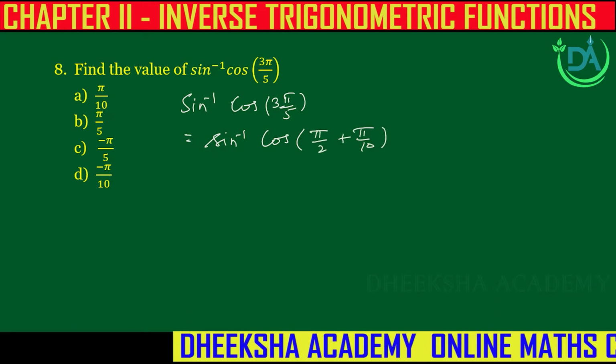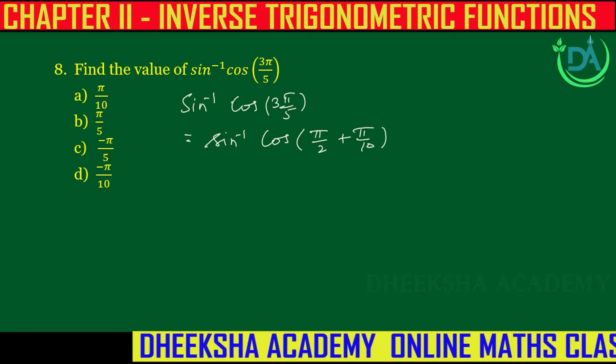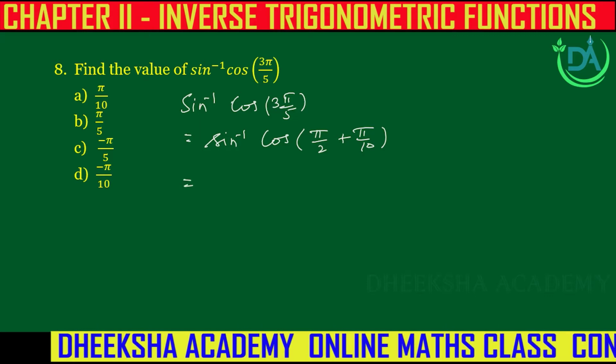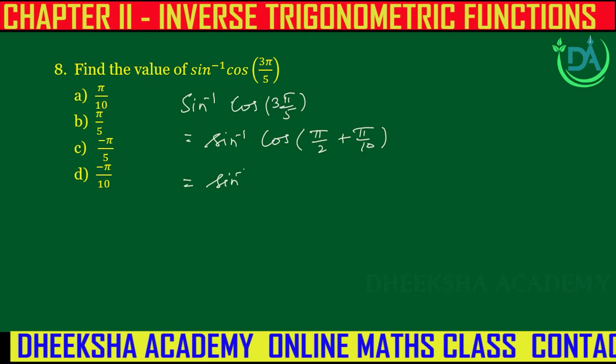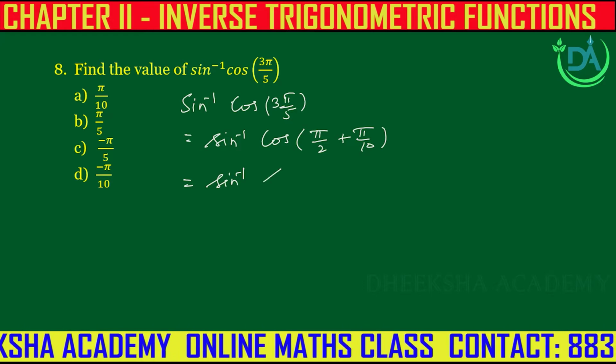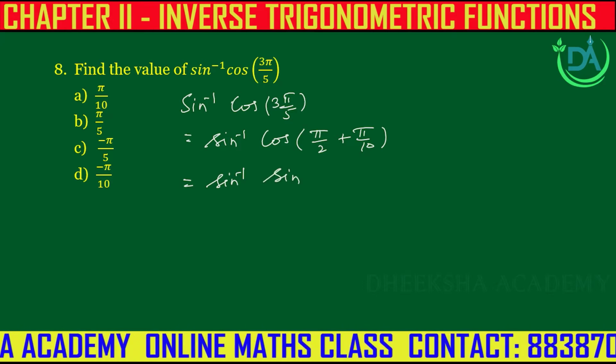This 3 pi by 5 can be written as pi by 2 plus pi by 10. Sin inverse of cos of pi by 2 plus pi by 10 is minus sin pi by 10,